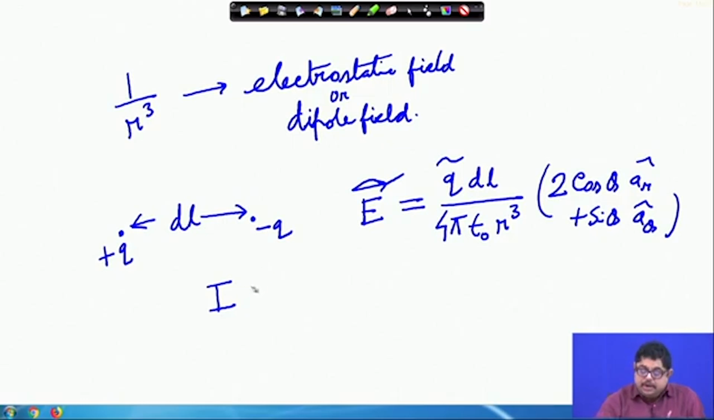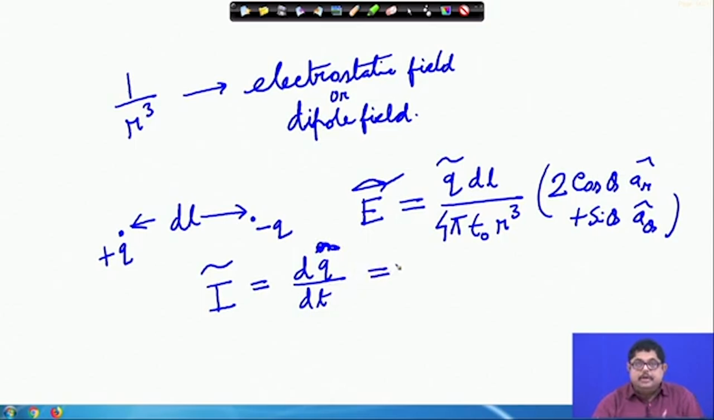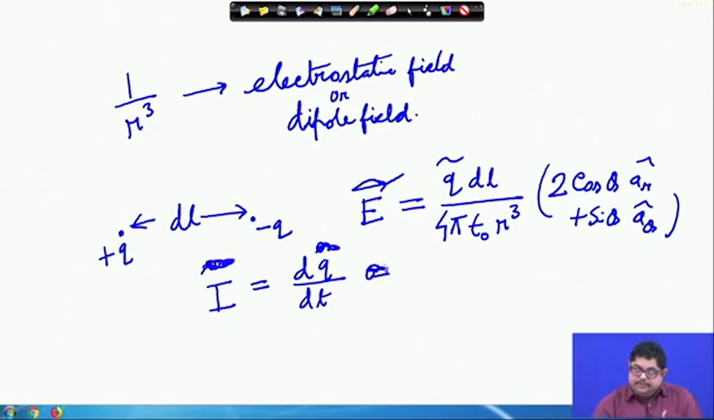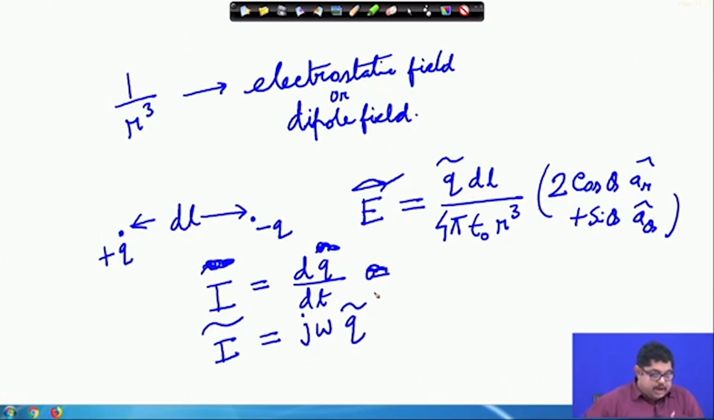So, what is I? This phasor I can write as dq dt, so phasorized dq dt. Now, in the phasor form, I is equal to dq dt. So, in the phasor form I can then write that I phasor will be j omega q phasor, and what